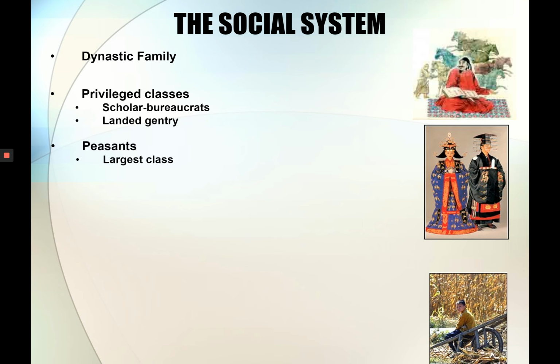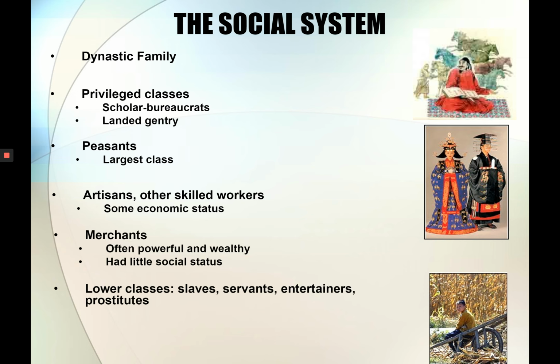Most of the population remained peasants. And even though they worked the land, their work was actually well respected. Under Confucianism, they valued the work that peasants did. Not that they had any wealth, but their work was respected. Then underneath that, you had a small class of skilled workers and artisans and things like that. Then at the bottom of society were your merchants, and at the very bottom, your mean people, your lowest classes.